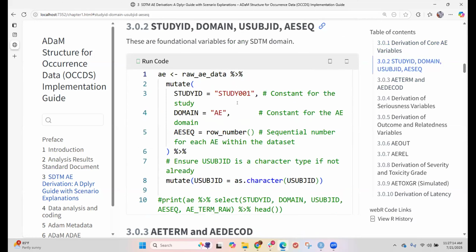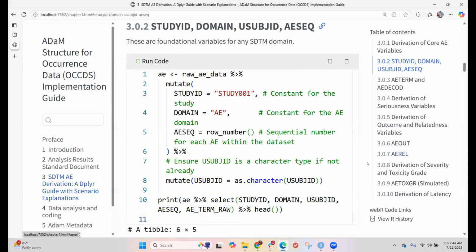Okay, here is the basic domain. These are the fundamental variables of an SDTM domain: study ID, domain ID, and a sequence ID, for any of the SDTM domains. And because this is an AE domain that I'm talking about today, it is going to be AE sequence ID, okay? Just for display purposes today, I am going to rerun the code and it is going to print out